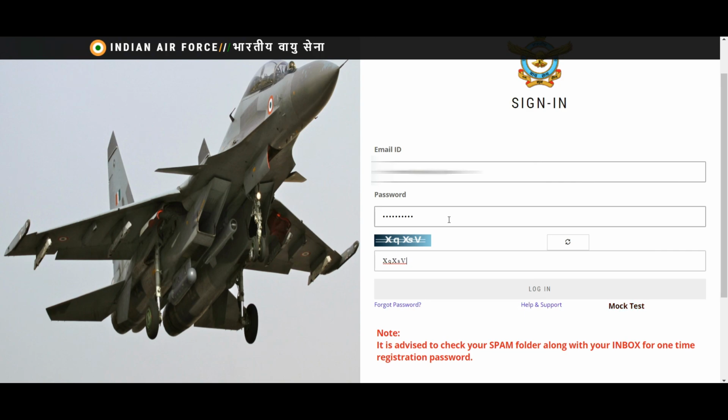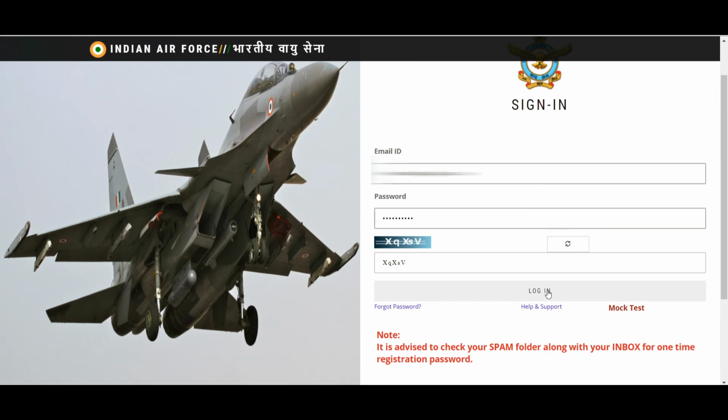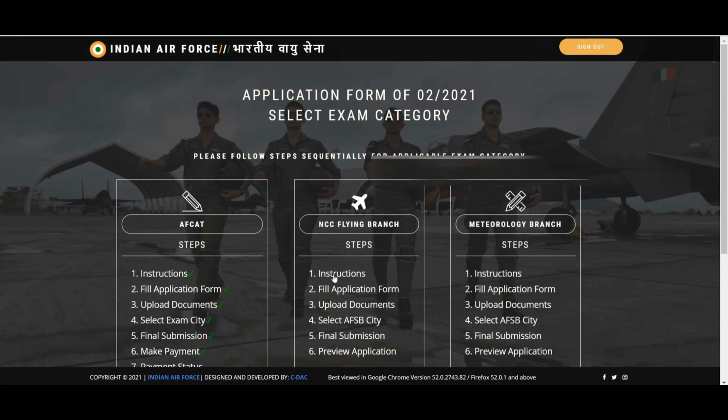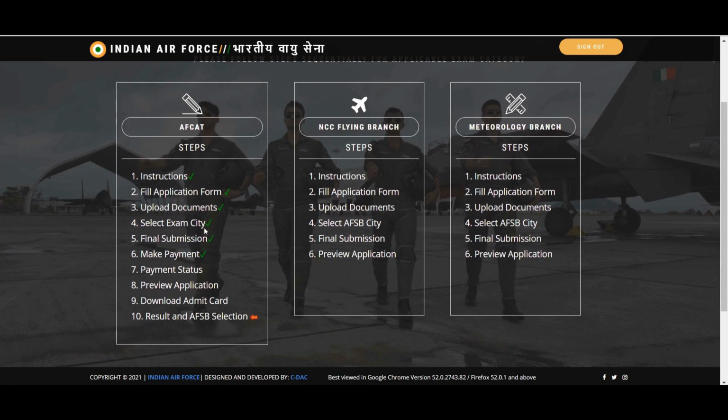I'll give this captcha and click on login. Now you see, with my new password I am able to log in. Here you can check your result and select your AFSB selection center.